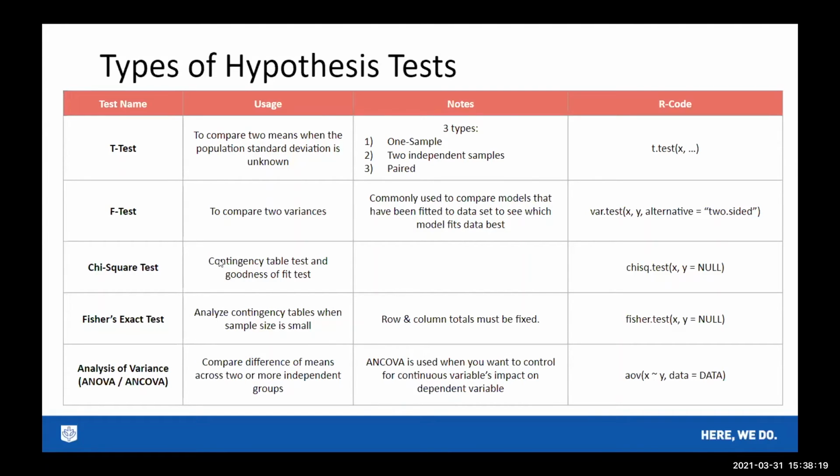There's also the chi-square test, which is used typically for contingency tables and goodness of fit tests. The call is chisq.test. You have to specify your x or your y if it's necessary. And then there's Fisher's exact test, which you use when your contingency table sample size is small and your row and column totals must be